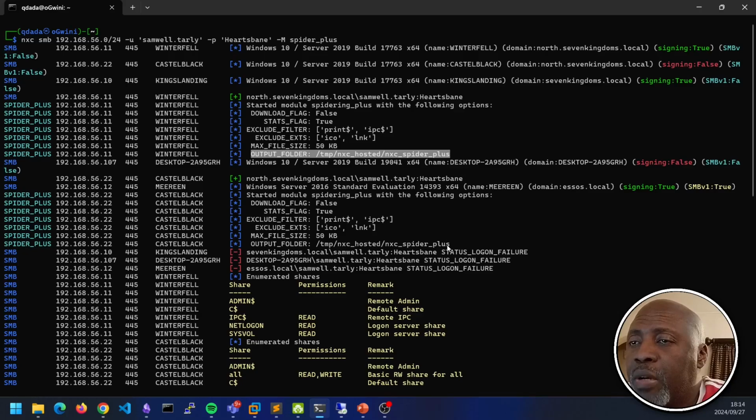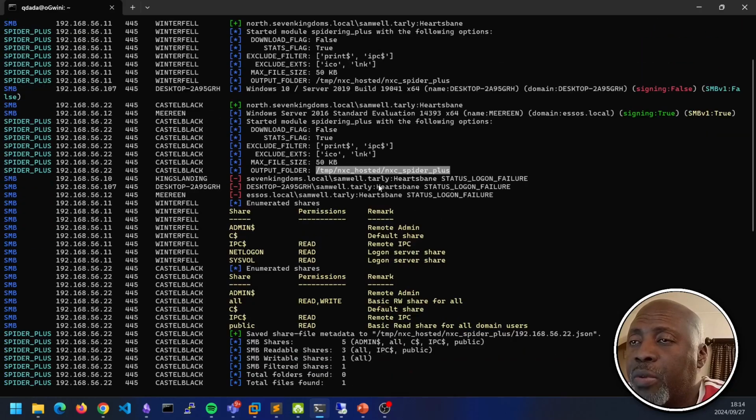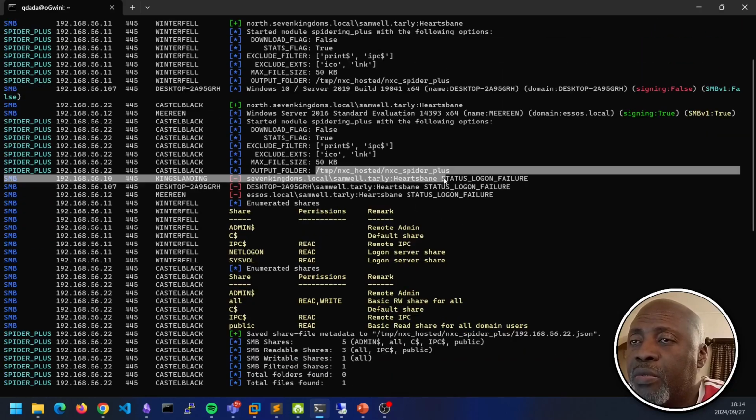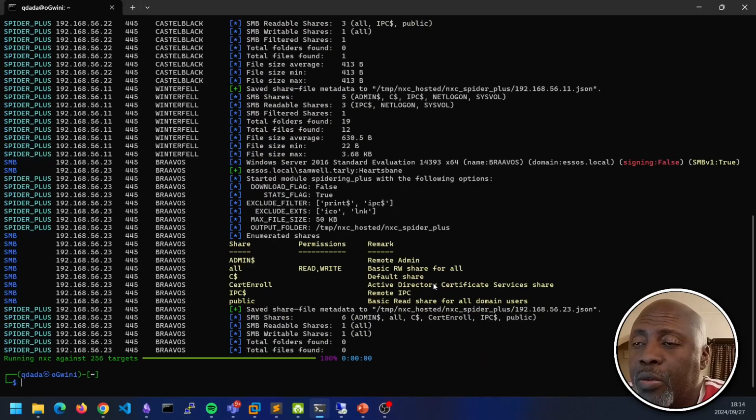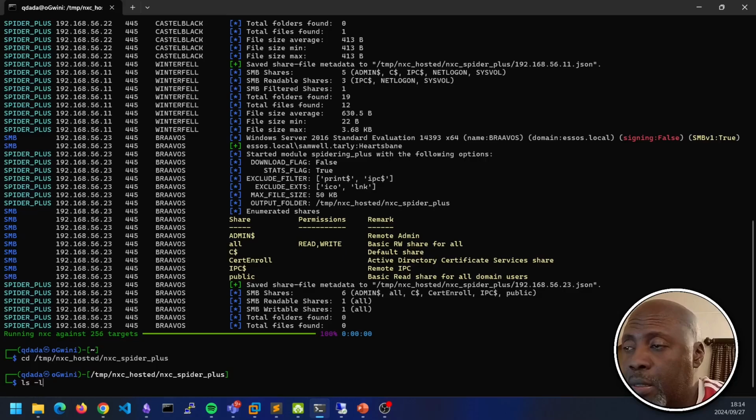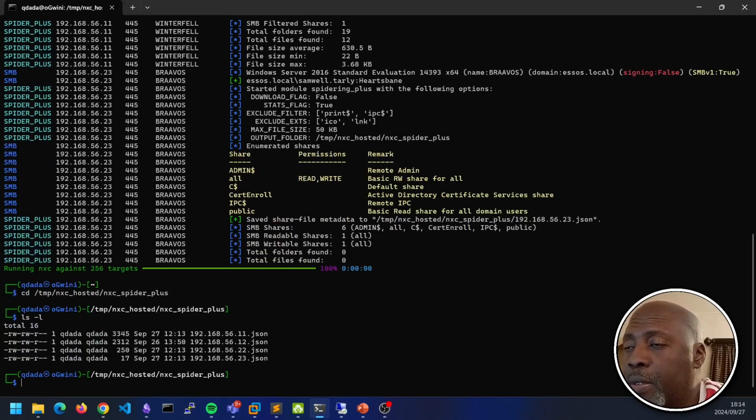Everything that it had found is still in the same folder. So if we navigate to that folder, we should be able to find some nice goodies there. So I'm going to copy that folder there, change directory to that folder. Let's see what we've got.